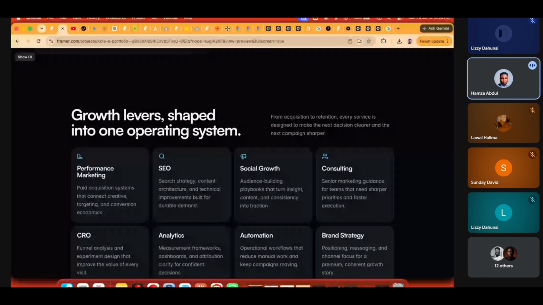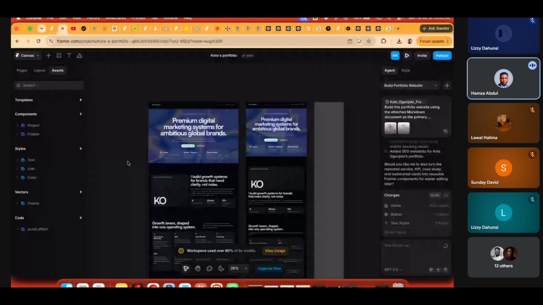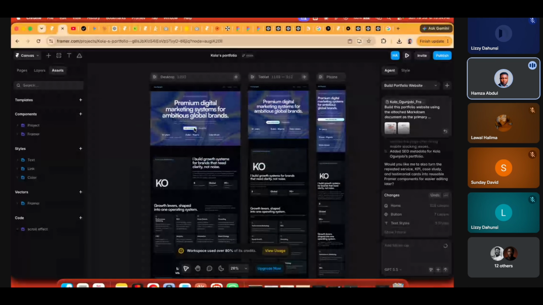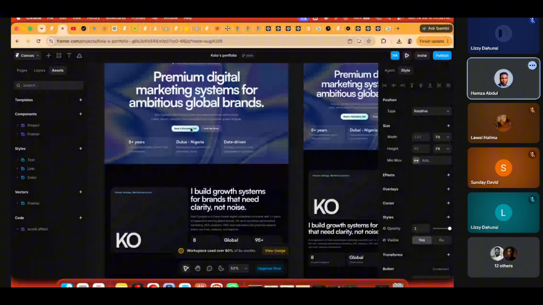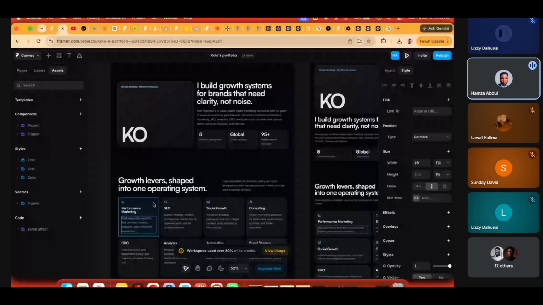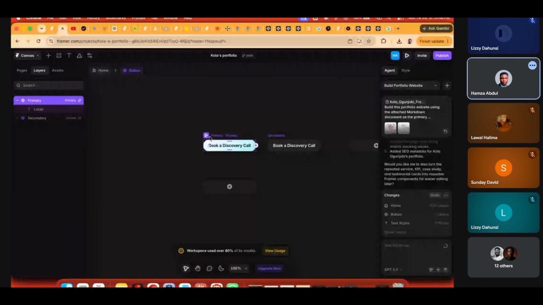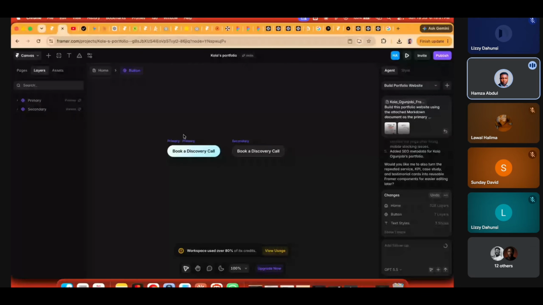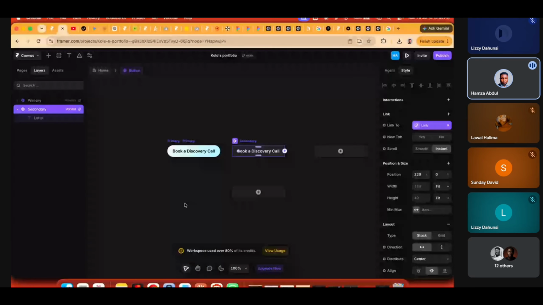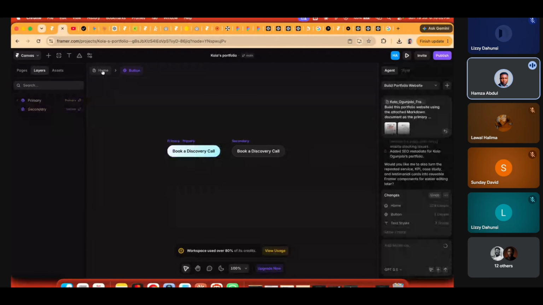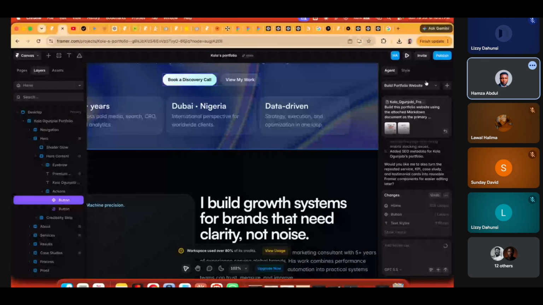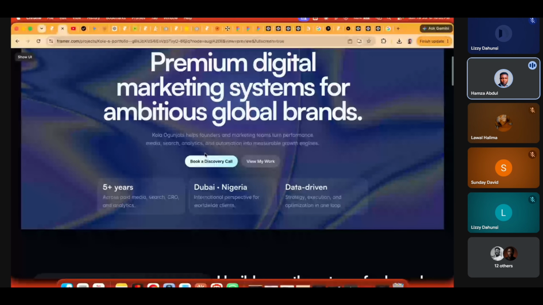What else do we want to look at? Let's talk about some components now. Some of the elements on our screen are components, like this button. If you click on it, it will take us to where the components are. This is the base button, primary button, secondary button. You might say, I want my button to have a hover state. Let's go back and see if there is any hover state on this button currently. Currently, there's no hover state.